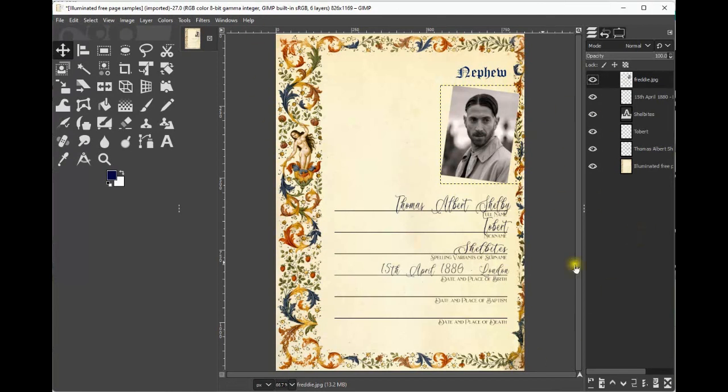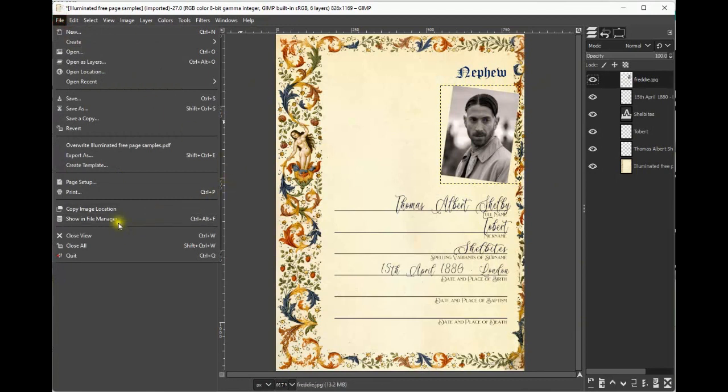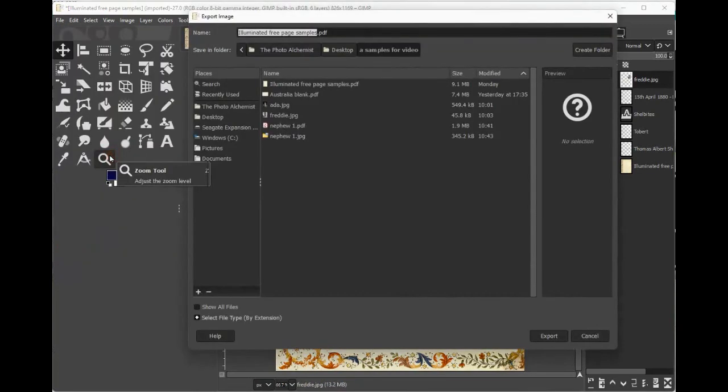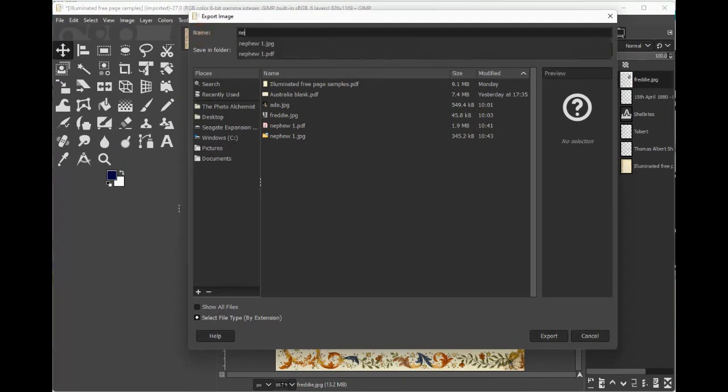But now we're going to save this as an image. So we're going to go File, and we are going to Export As. Okay, we're not going to save, because if we save, we are saving the file with all the bits separate. Now we want the form completed so you can print it. So we're going to go Export, and then we are going to name these, for example, nephew